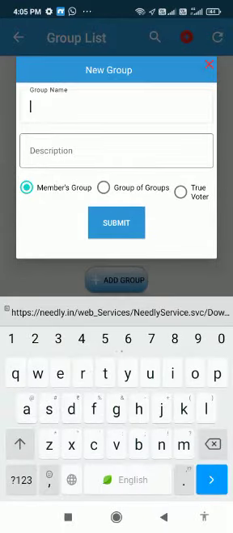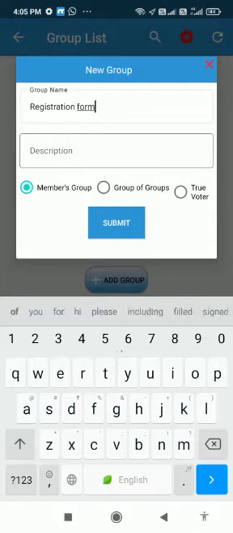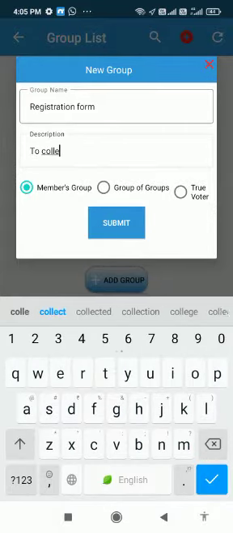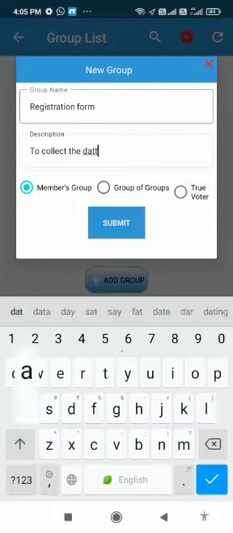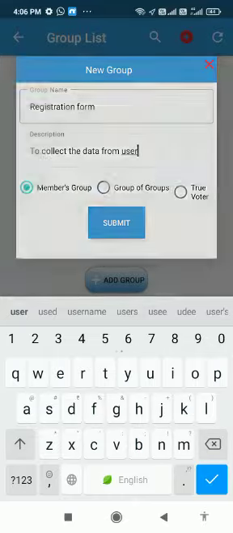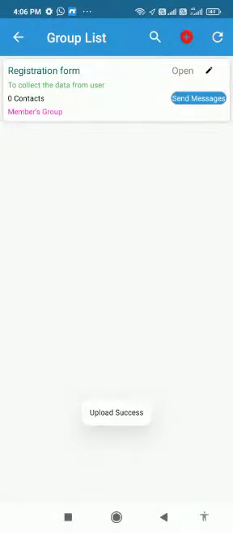My group name is registration form and description to collect the data from user. Select members group and click on submit button. Now registration form is ready.